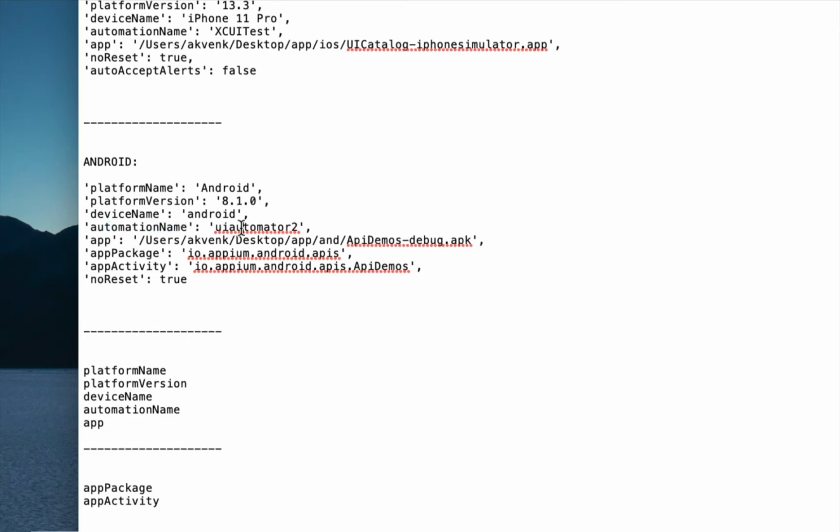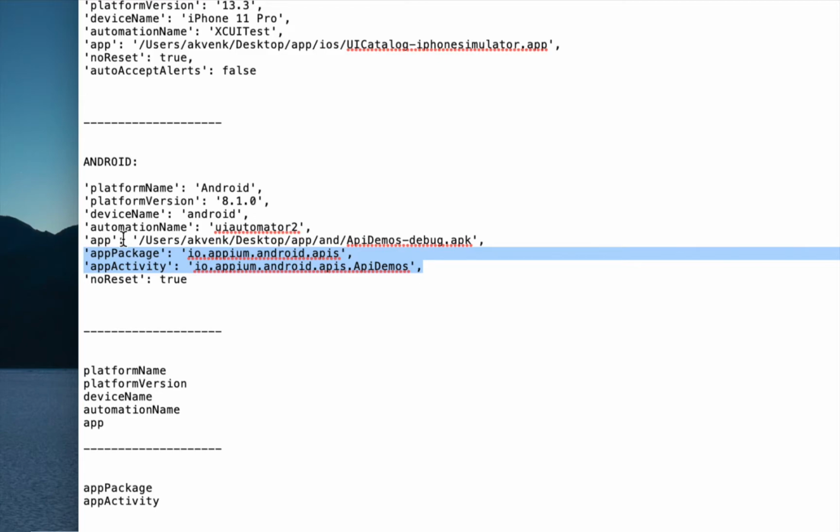Automation name is a mandatory thing. Currently it is UI Automator 2. We also have to provide an app path, and this is the directory for the test application. And these two, app package and app activity, are also very important for us to get started with the inspector.